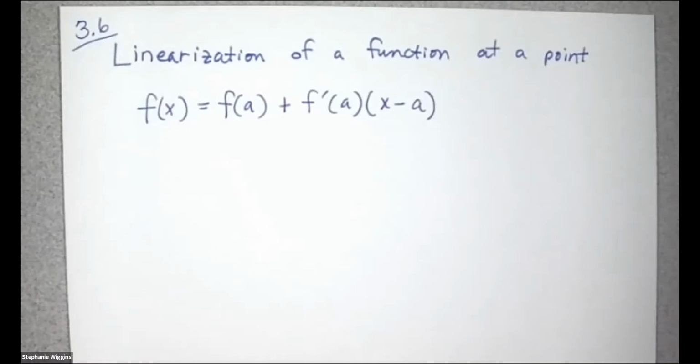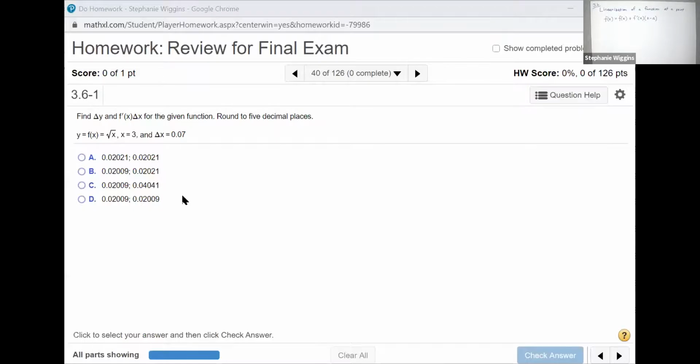The examples that we did dealt with the square root function. That was the most common example that we did. For example, this one right here. It says find delta y and f prime of x delta x for the given function, rounded to 5 decimal places. So here we have y equals f of x, the square root of x, x equals 3, and the change in x is equal to